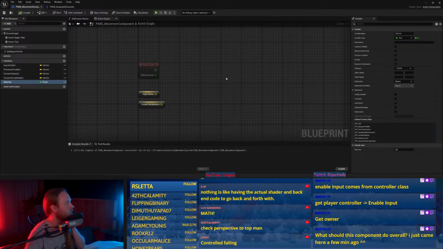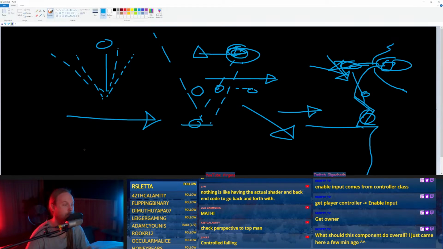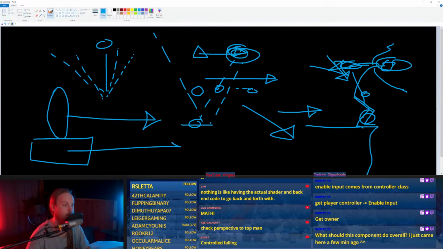So it's essentially like a more realistic character movement component specifically for this game. So it'll handle things like, let's say there's a moving platform and your character is standing on top of it and the platform suddenly starts moving this way.